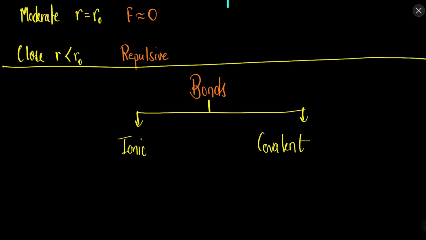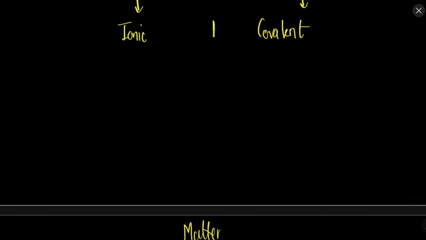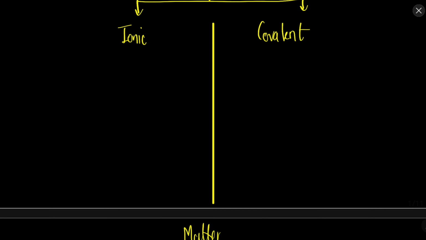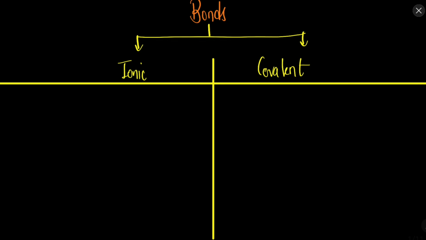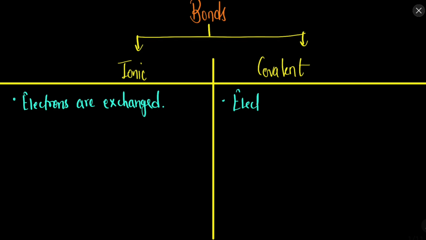So first of all, what is ionic bonding, and then what is covalent bonding? Ionic bonding is the bonding in which the electrons are exchanged. And in covalent bonding, the electrons are shared. So what does this mean? Let's take an example and it will be clear. So for example,